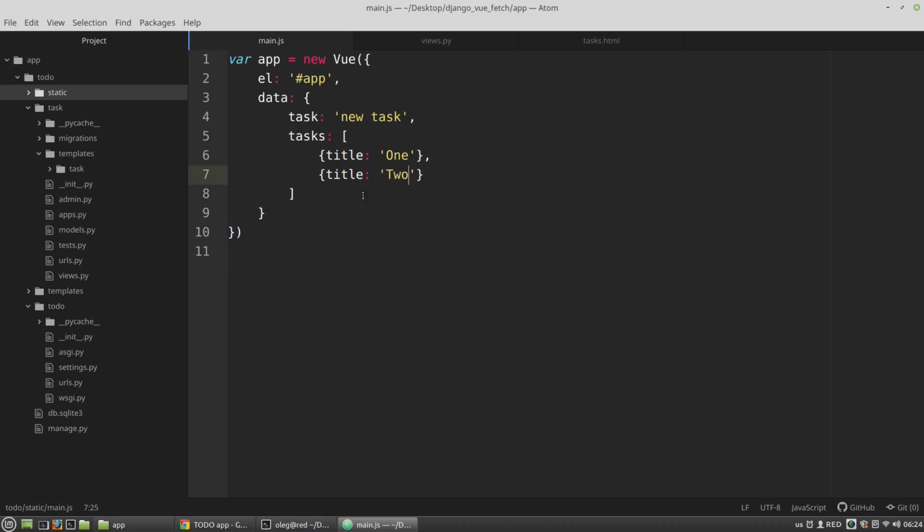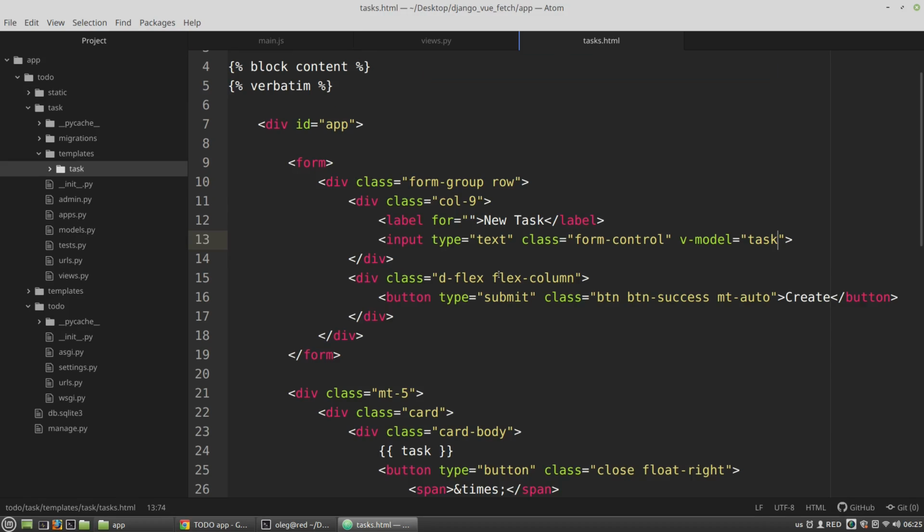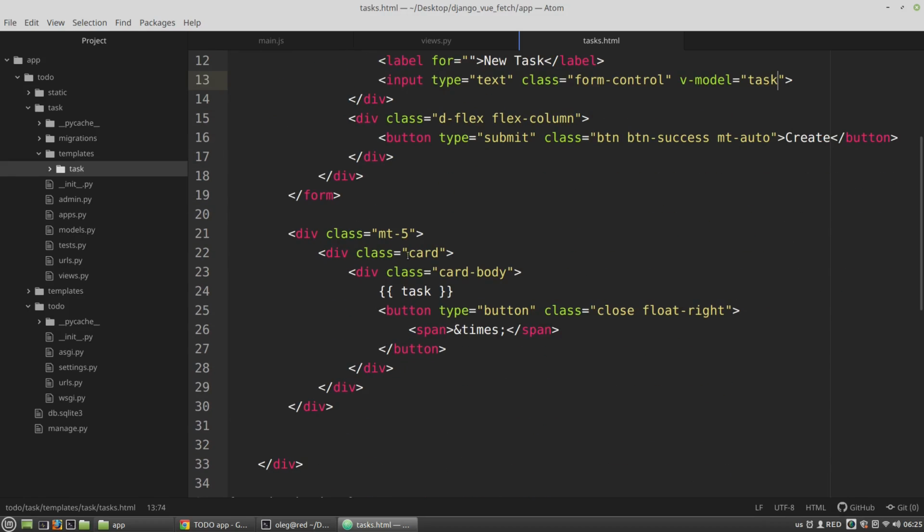And now I want to create a card layout for each element of the tasks list and render to each card the value of each title key. To do it, I'm adding to the card div a new attribute, the v-for directive, and the value of this directive will be a definition of the for loop, like in Python. So for task, index in tasks,